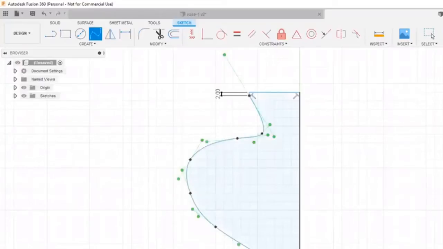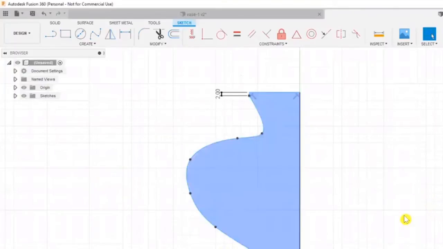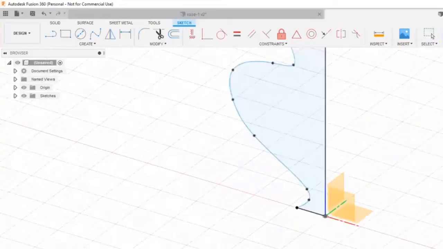All right, it looks like the button might be a little small, so let's change the size to 20, see if that works. Okay, yeah. All right, so we have this shape ready to be revolved. Finish sketch,